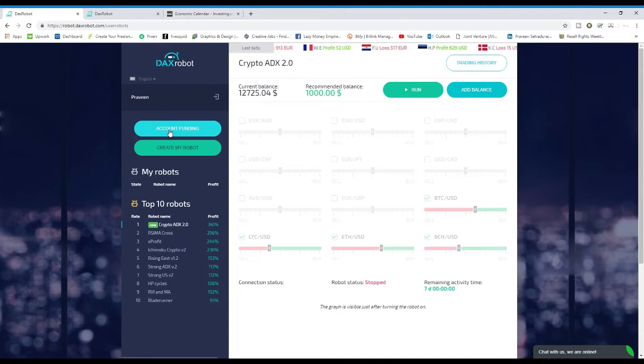And over here, guys, is the create my robot budget, where we are going to do this in the second week of May. Today will be the last week of April. Next week will start with April, but then they will go into May. So next week we are going to test out